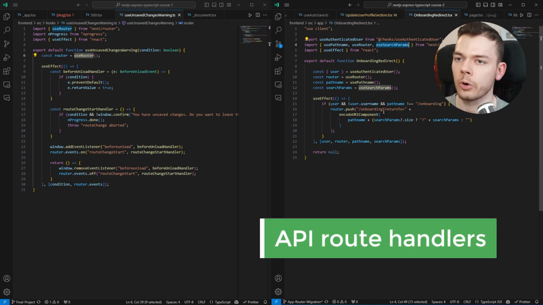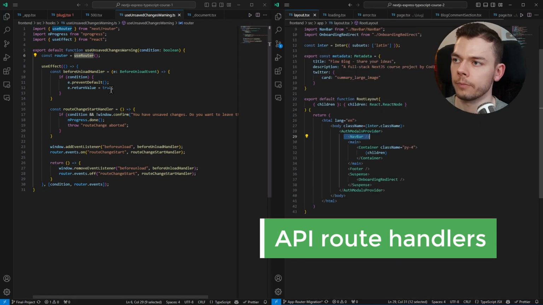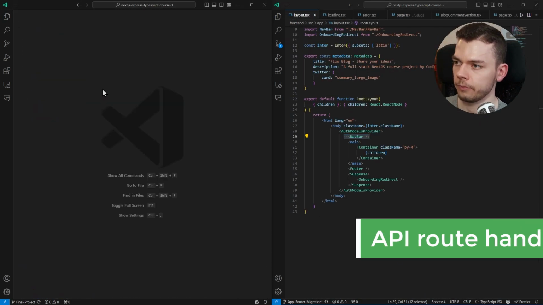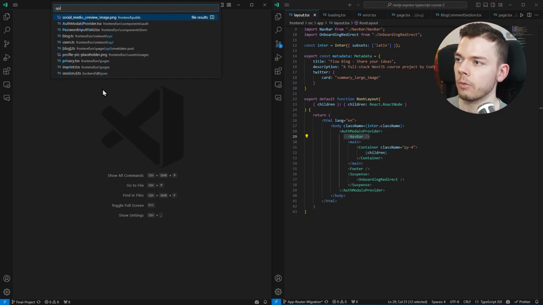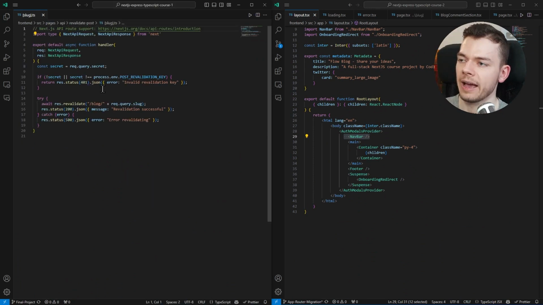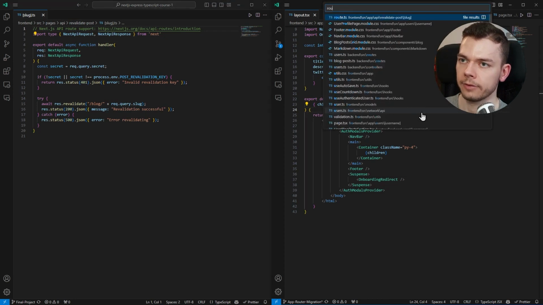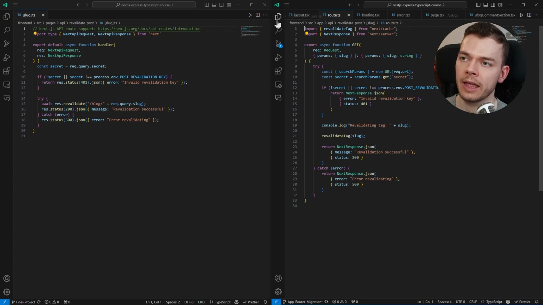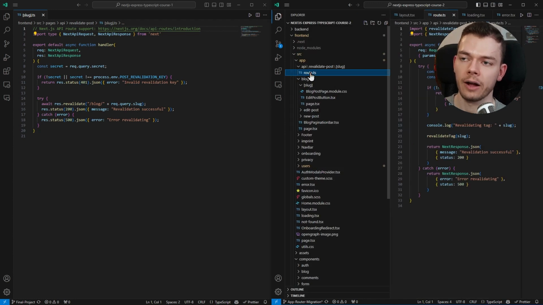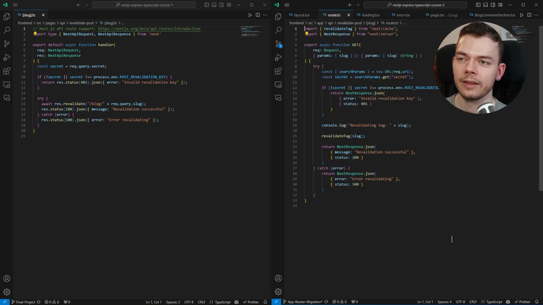And API route handlers also look a bit different now. So in the old pages directory, we had our one API route here to revalidate a post on demand. We still have this in the app directory. Now these API routes have to be called route.ts or JS. And again, you have to put the dynamic URL params into the folder structure and not into the file name anymore. The new syntax of these route handlers is better in my opinion, because before we had this one handler